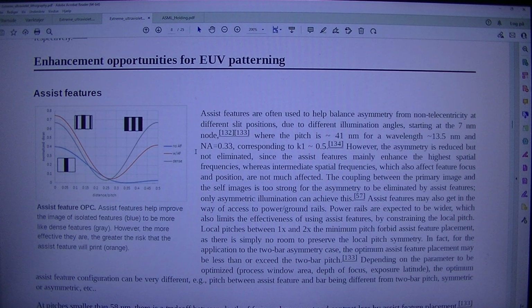134. However, the asymmetry is reduced but not eliminated, since the assist features mainly enhance the highest spatial frequencies, whereas intermediate spatial frequencies, which also affect feature focus and position, are not much affected. The coupling between the primary